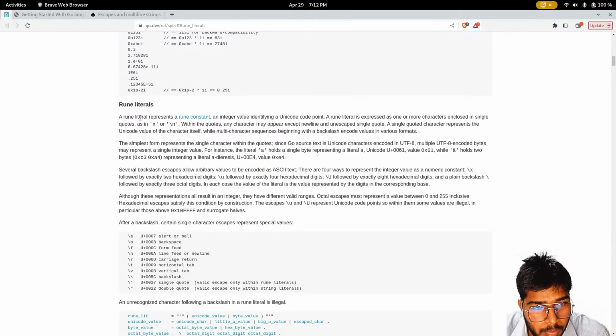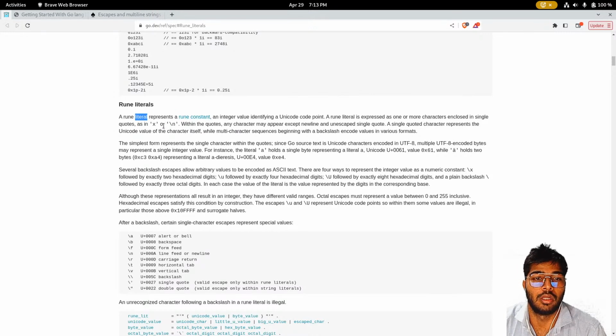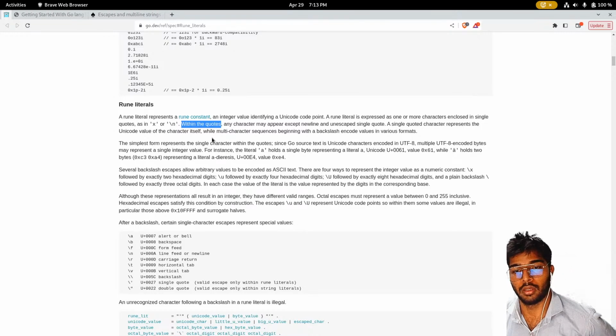A rune literal represents a rune constant, an integer value identifying a Unicode code point. A rune literal is expressed as one or more characters enclosed in single quotes, as in 'x'. Within the quotes, any character may appear except newline and unescaped single quote. A single quoted character represents the Unicode value of the character itself, while multi-character sequences beginning